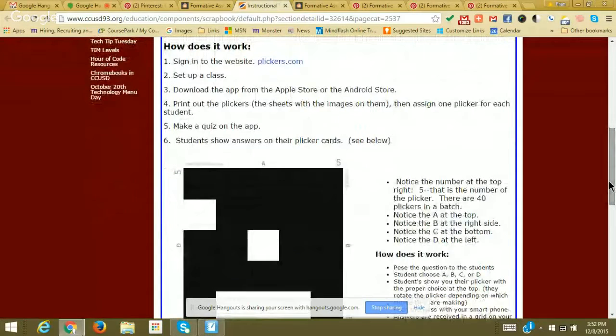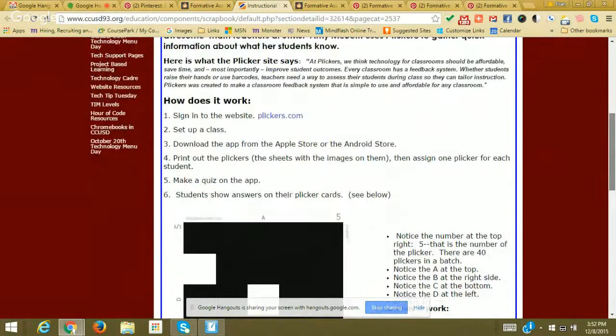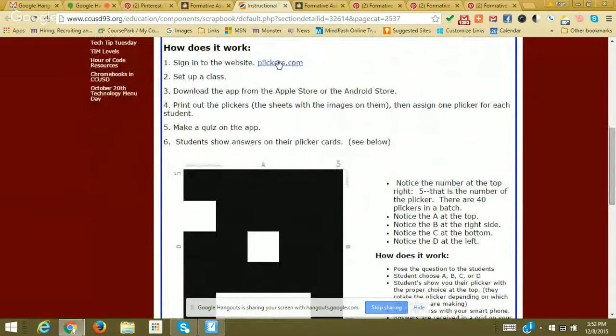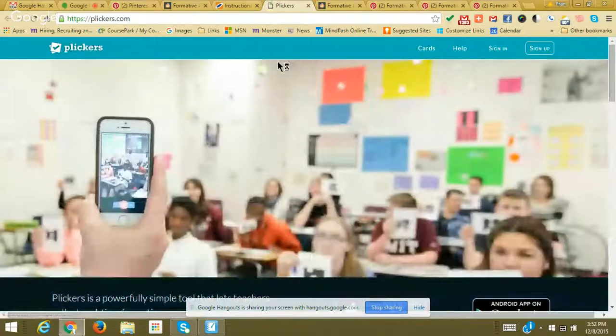So you basically set up your class, and you see how this large box here, you're basically creating a QR code. And then the kids actually can hold up their responses using that, and then you can take a picture of it. So you see how on this one where it says Plickers,